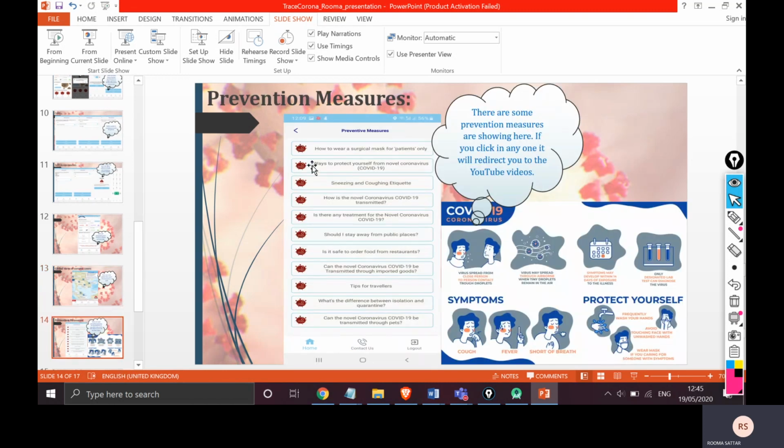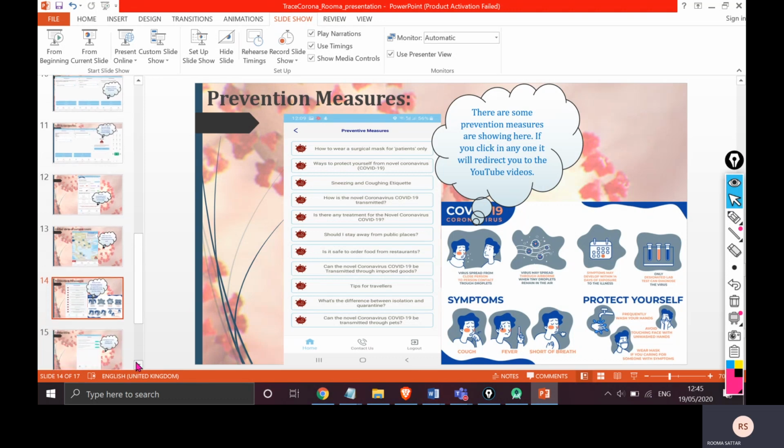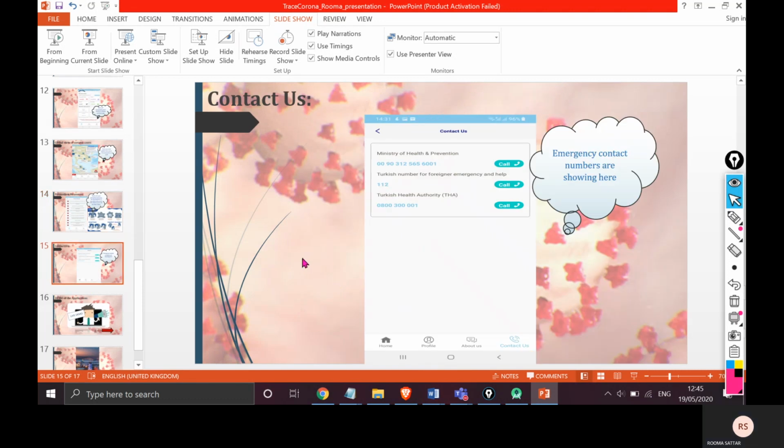Prevention measures. As I told you earlier, there are videos, you will be redirected to YouTube videos on how to wear a mask, how to protect yourself, sneezing and coughing etiquette, like you have to use your elbow if you are sneezing and coughing, like this. This menu belongs to the video section. There are some emergency numbers displayed, and this is the end of my